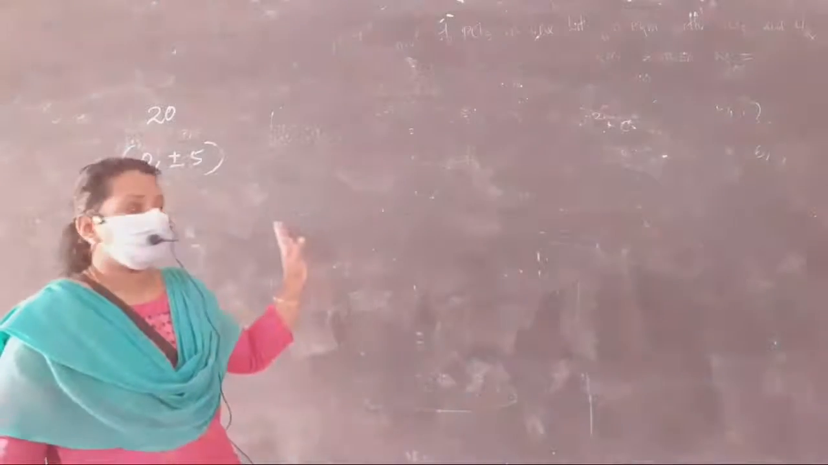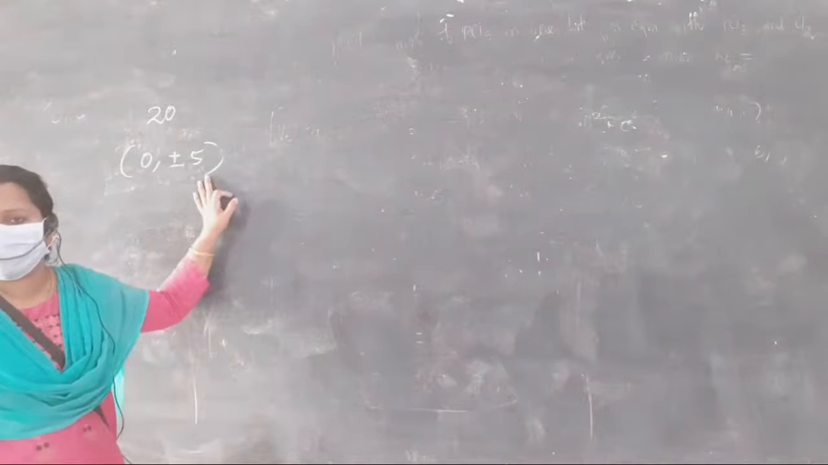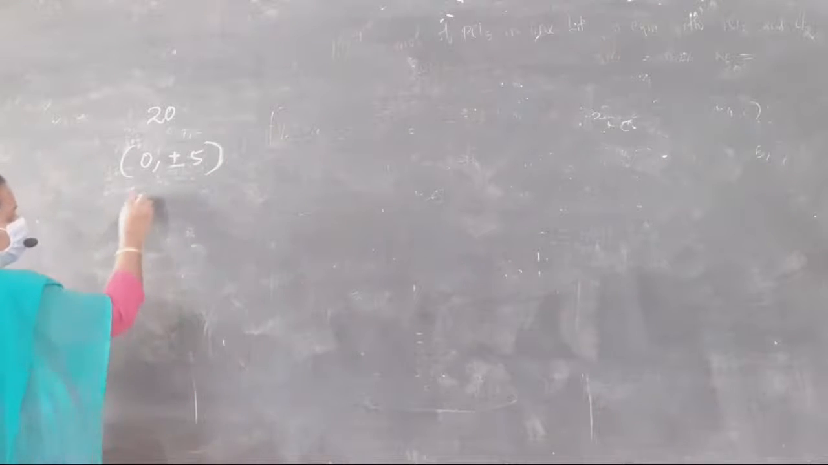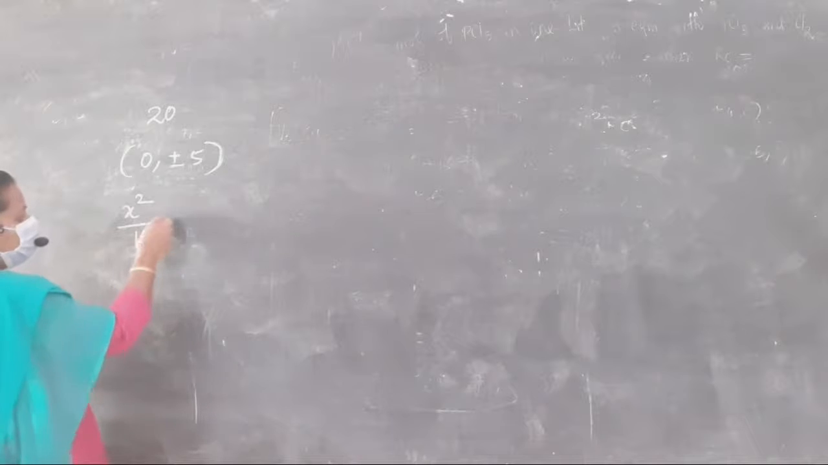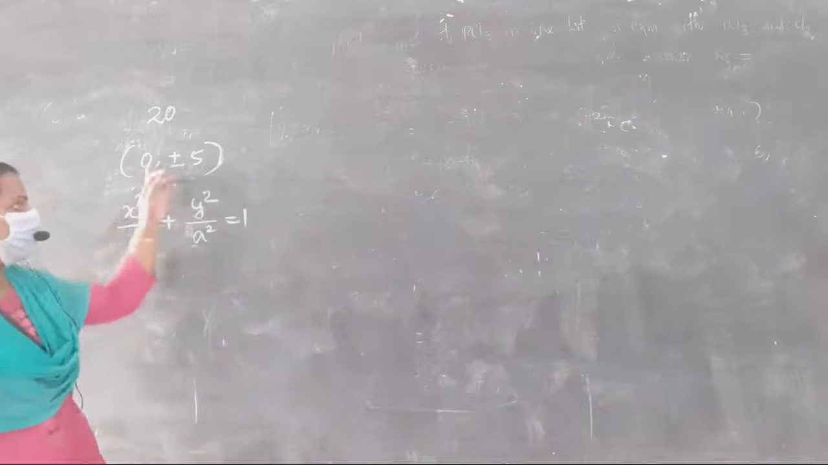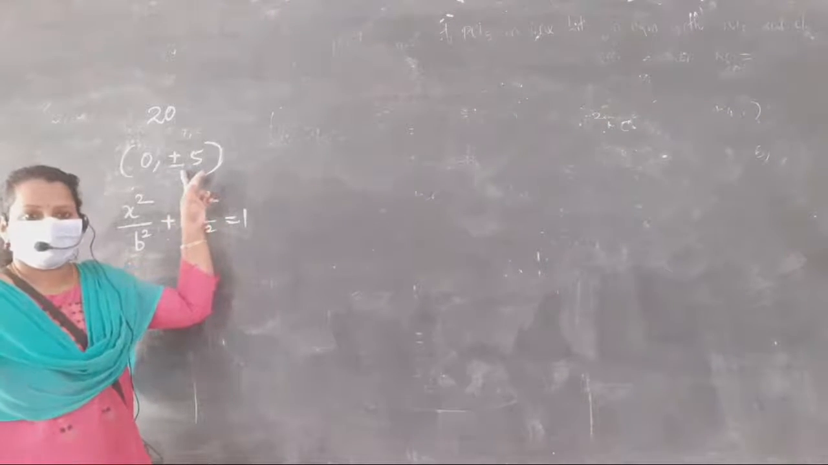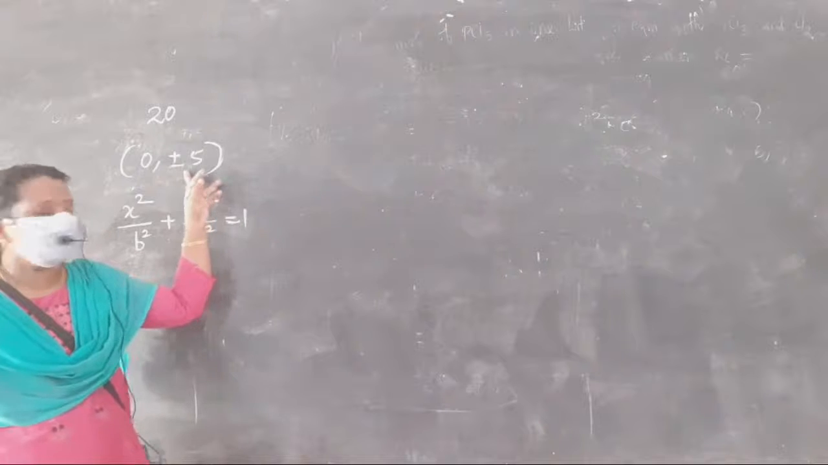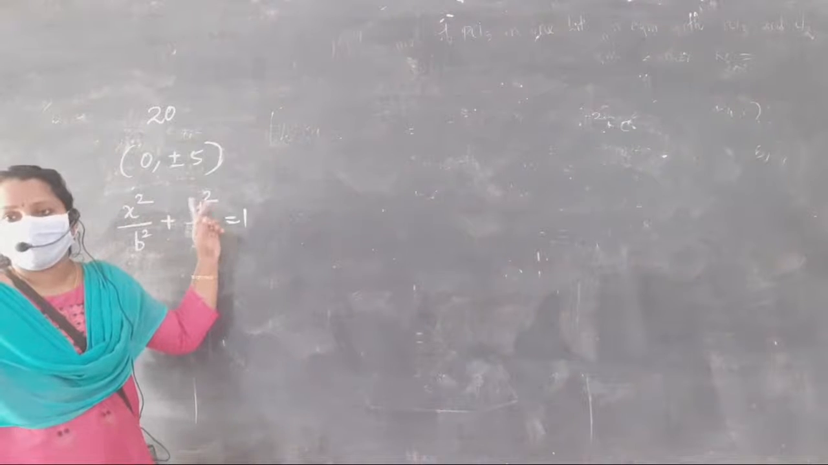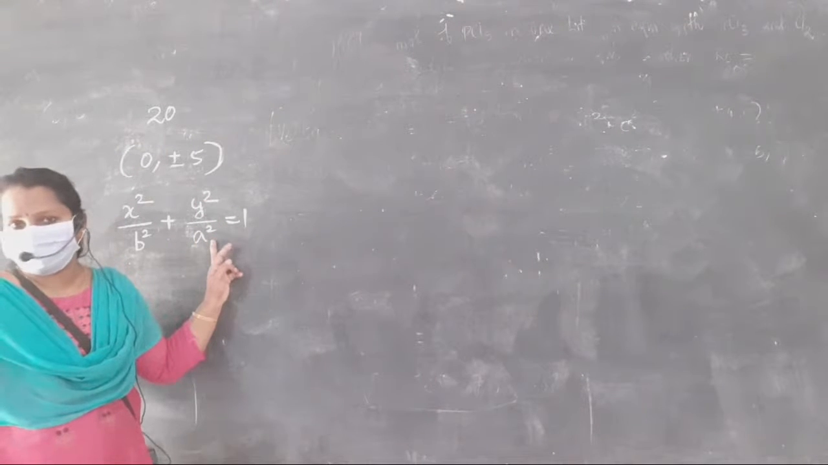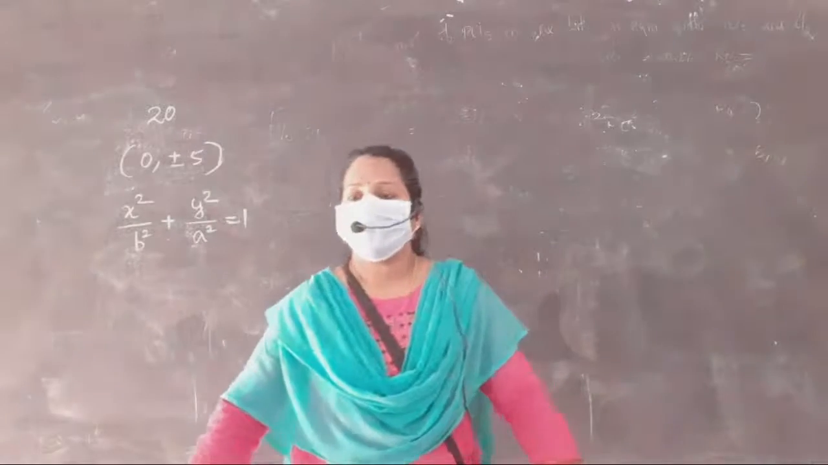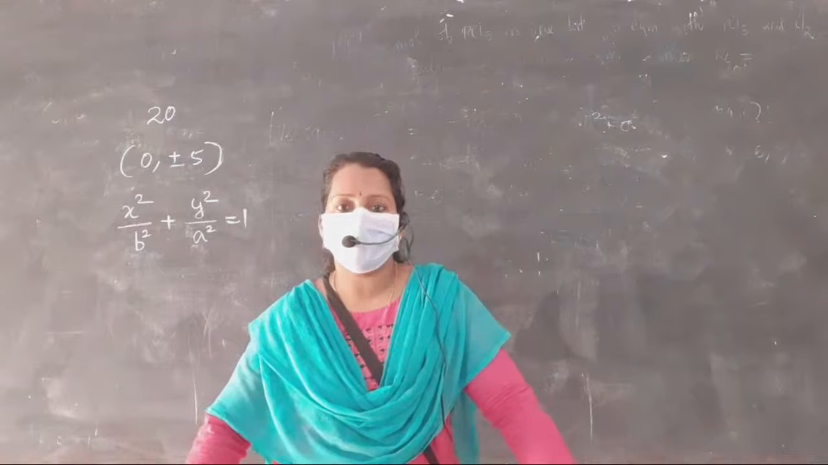Okay, in which axis do the foci belong to? Y-axis. So the equation of the ellipse is x square by b square plus y square by a square equal to 1. Because the foci are on the y-axis, at (0, ±5), a square will come below y. Then first you write, since the foci are on the y-axis,